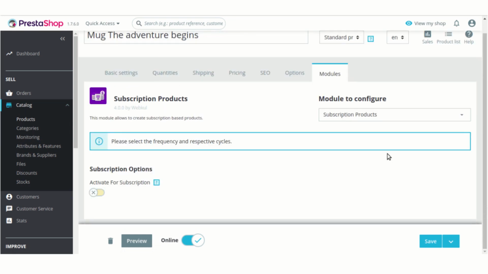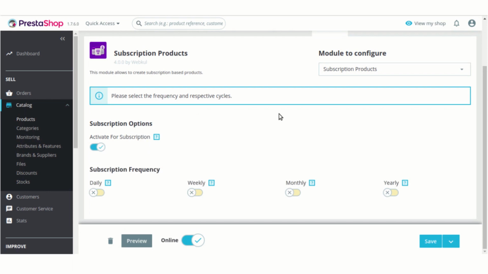Click on configure. As you can see, there is an option activate for subscription. If you want to allow your customers to subscribe this particular product, then you can activate this product for subscription. After that, you need to select the subscription frequency of this product, that is, what options you want to give to your customer for its subscription.